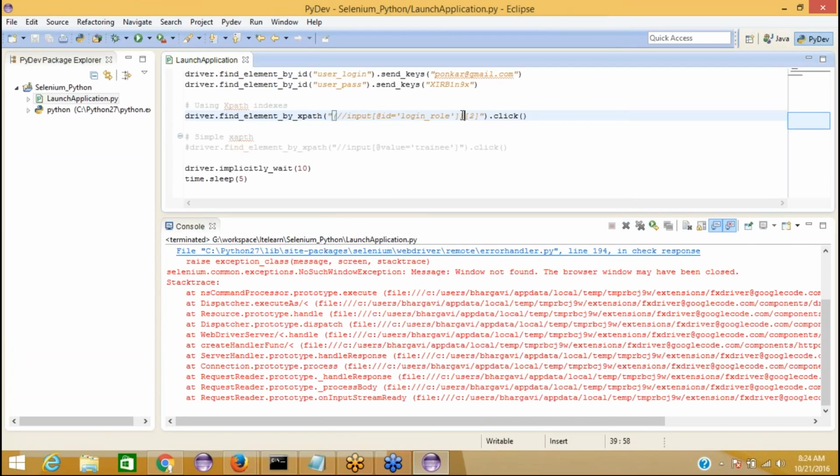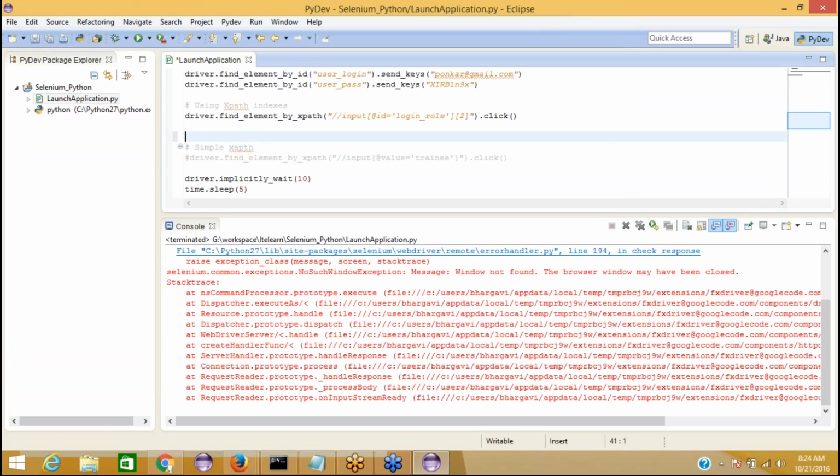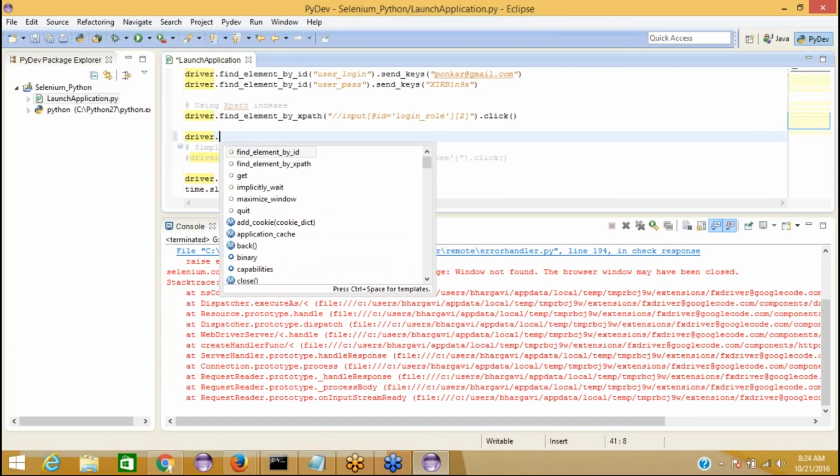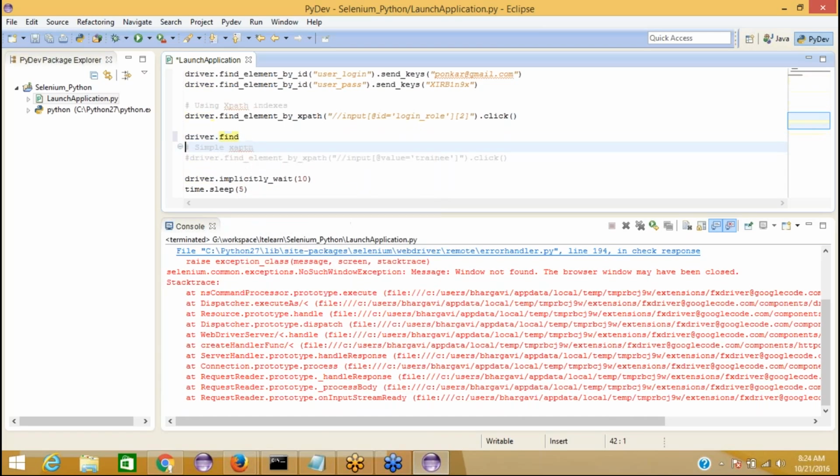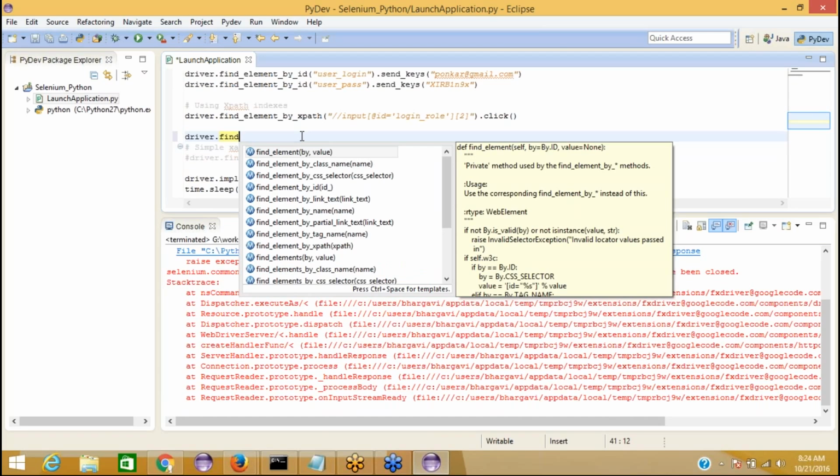Actually my XPath was selecting the radio button here, and now I see that I want to say, after this, driver dot find element, driver dot find element by